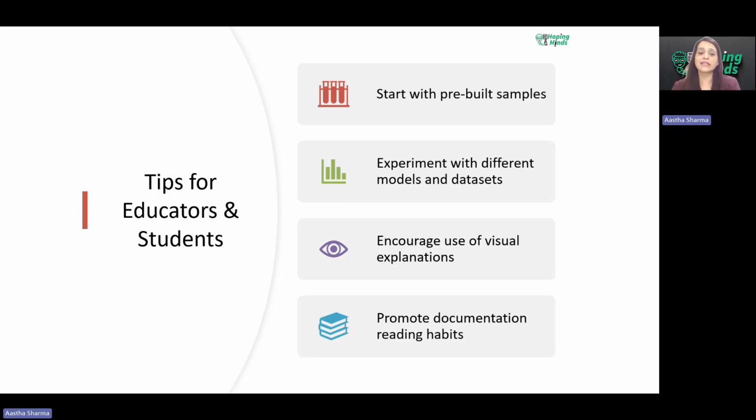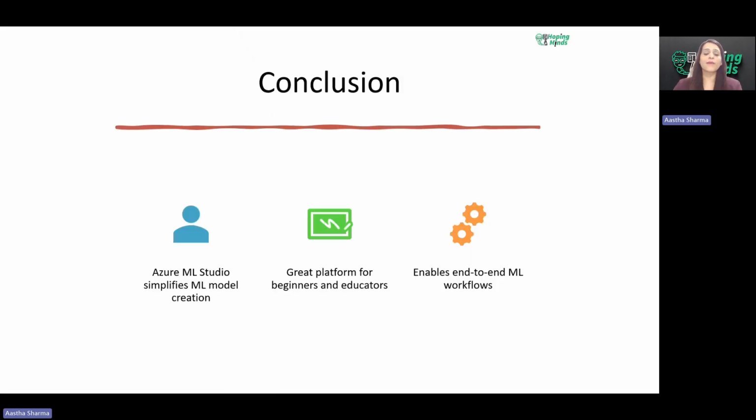The more you experiment, the more you are going to learn. So these were the tips. And this was all about machine learning, how you are going to get started, what you are going to do, how you are going to create an Azure Machine Learning account. It's completely free for students, or at least if you are a beginner, the first 30 days are entirely free. So you can put in your card details, no need to worry about it. It's entirely free. Just be more cautious of what you are clicking. If you click onto any paid service, then only it is going to charge. So that's a disclaimer. Please read all the instructions, terms and conditions very, very carefully.